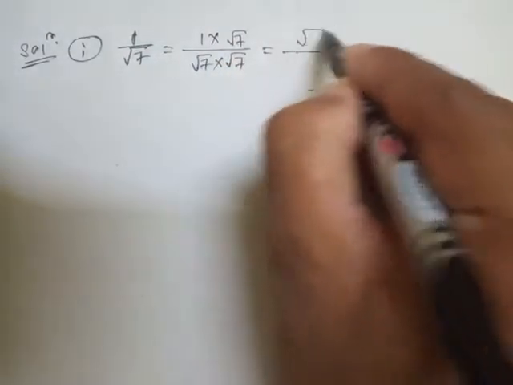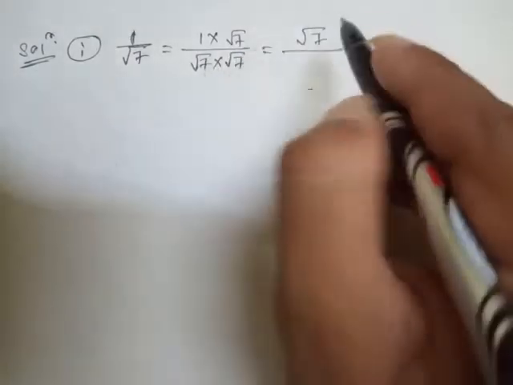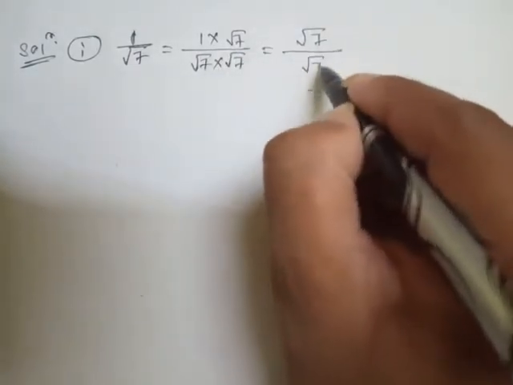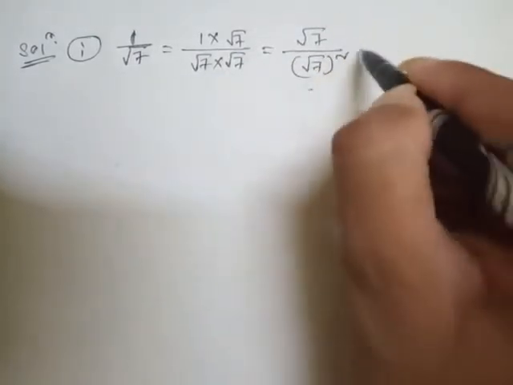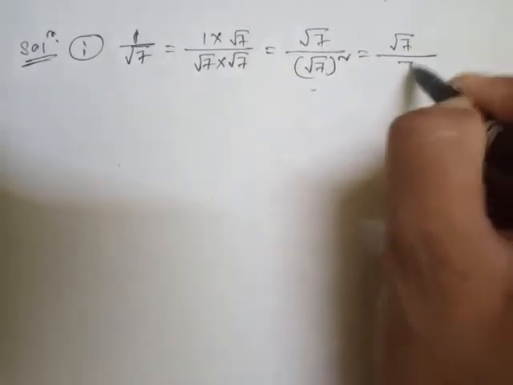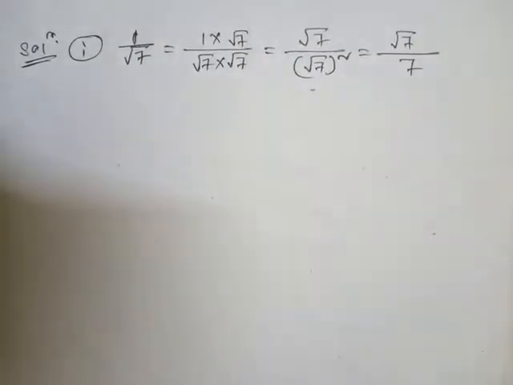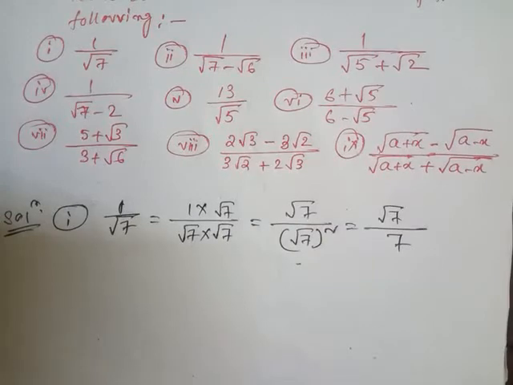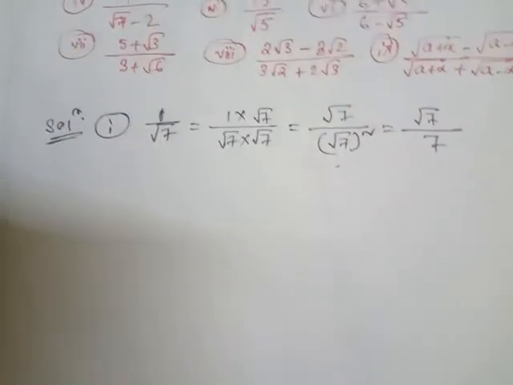Now after that, the next part would be 1 into root 7 is root 7, and root 7 into root 7 means root 7 square. Now square root cancels, so the answer would be root 7 by 7. This is the answer of the first question. Now student, look at the second question. Roman 2, 1 by root 7 minus root 6. So here I will write now